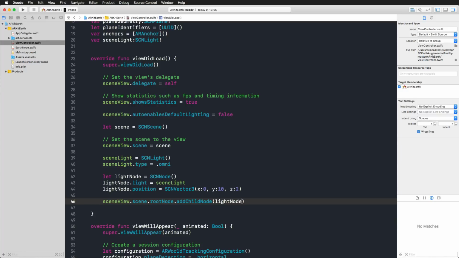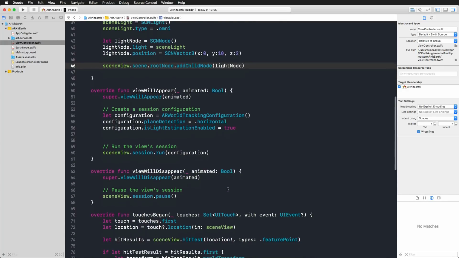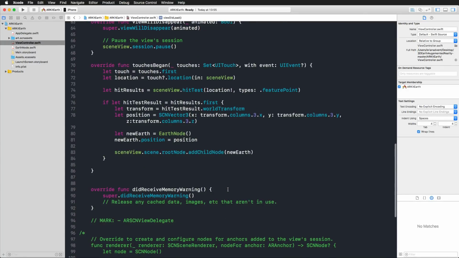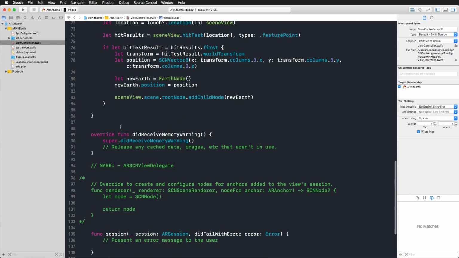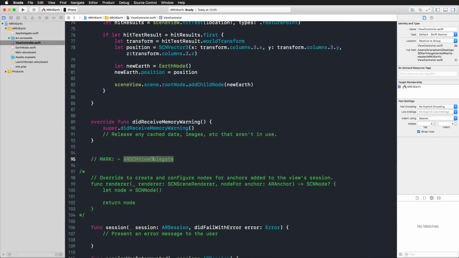And now we can actually start with the interesting part that is related to plane detection. If we scroll down a little after the touchesBegan function and the didReceiveMemoryWarning, we are getting a mark that here we're starting with the ARSCNViewDelegate functions. And here the first function is the most interesting one for us at the moment, which is renderer nodeFor anchor. And this function is always called when ARKit finds an anchor,